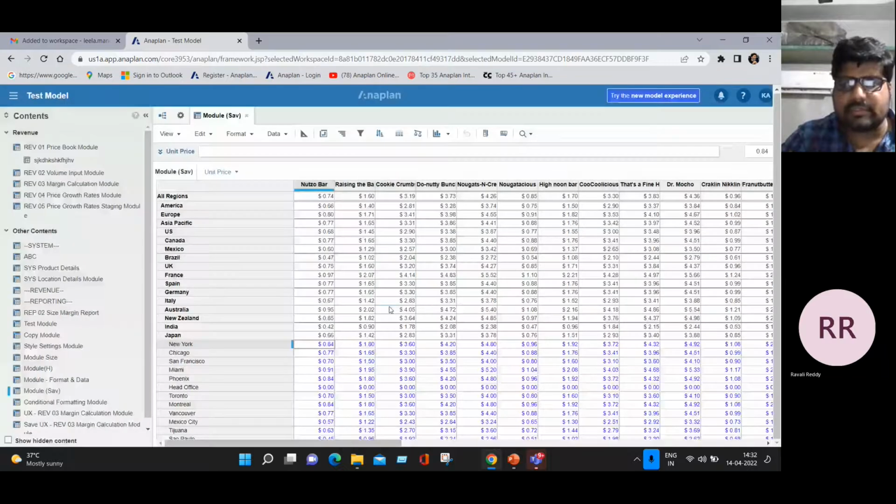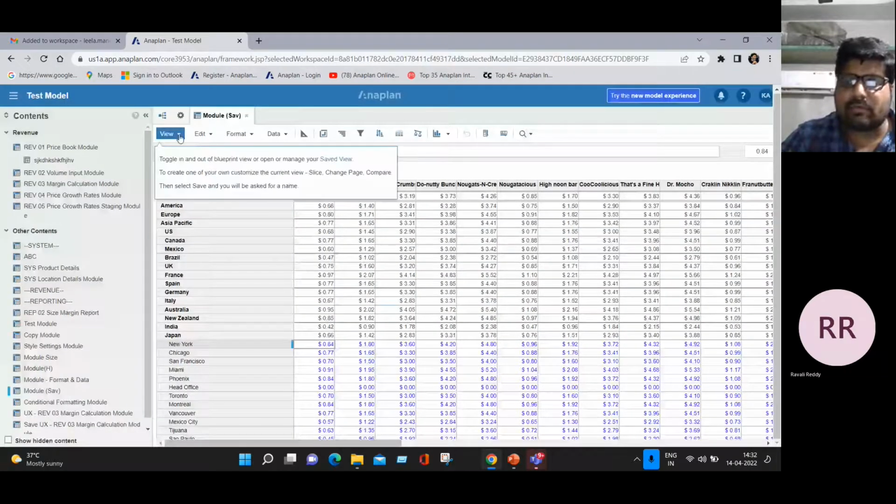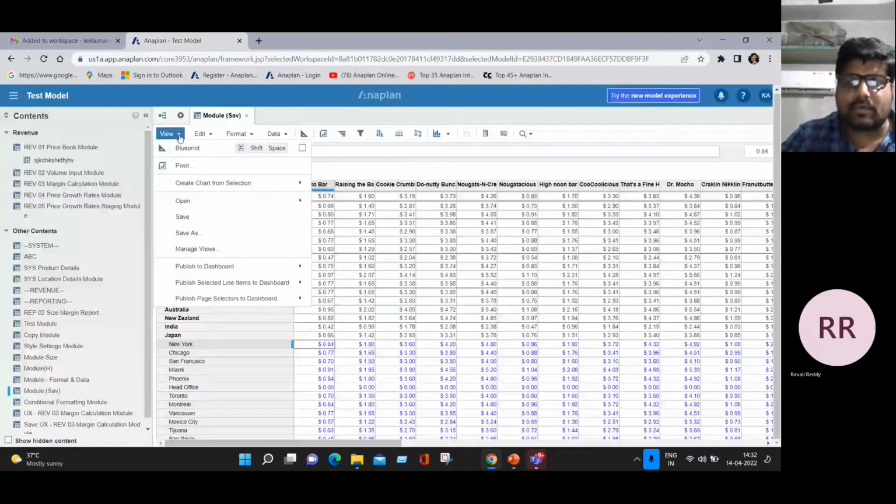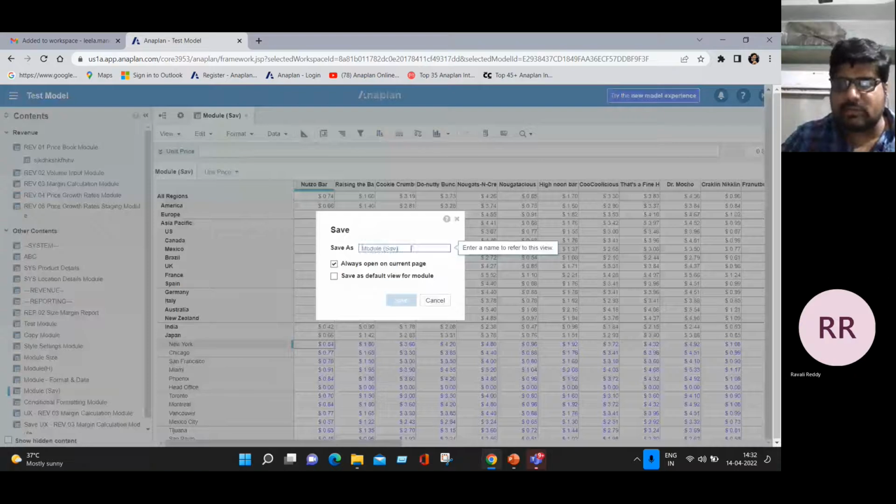We make a change. Then we select Save from the View drop-down menu. By clicking Save, we have the option to save as, and we enter the module name as module save